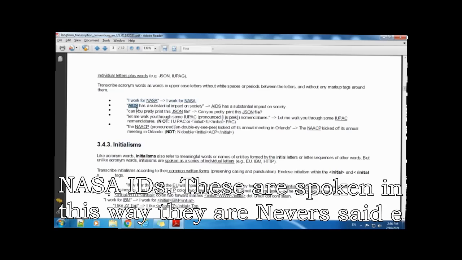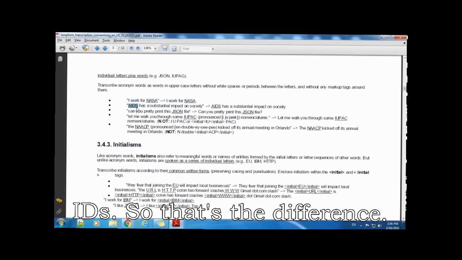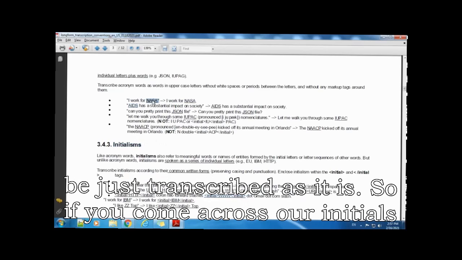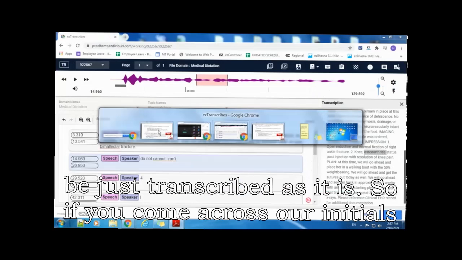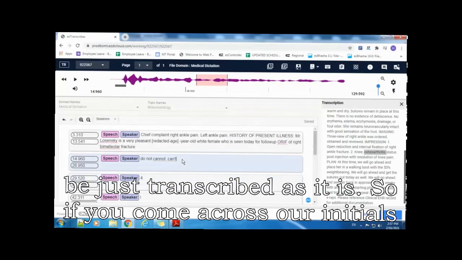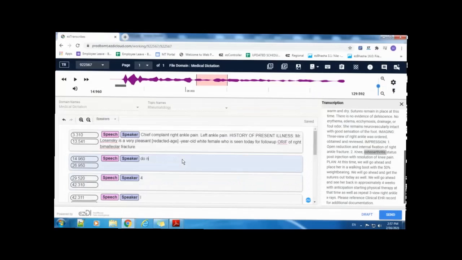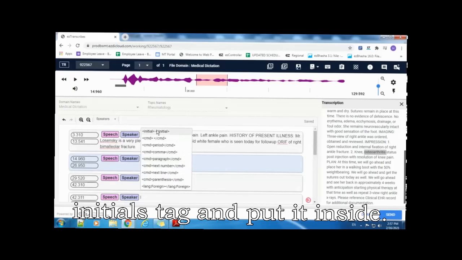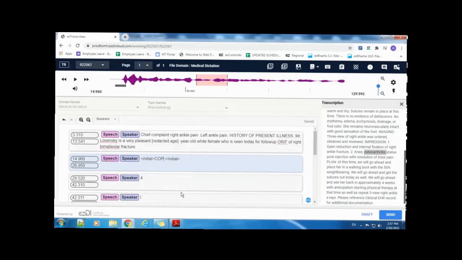They are never said letter by letter. So that's the difference. So initials will always be put into the initial tag. Acronyms will just be transcribed as they are. So if you come across initials like COPD, all you need to do is select initials, tag, and put it inside. That's it.